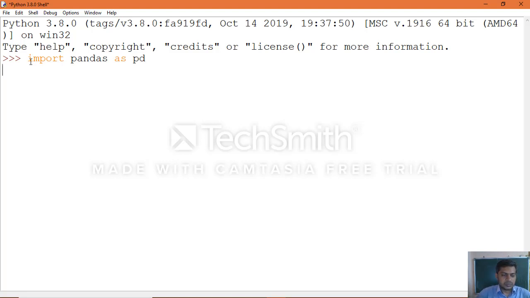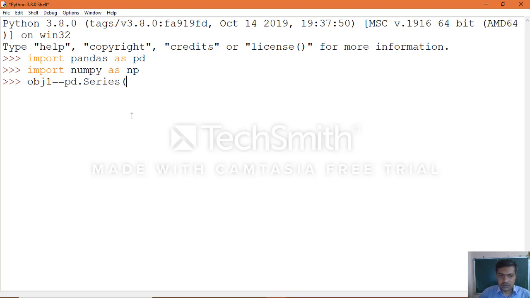In the same way we'll import the numpy module also. Import numpy as np.